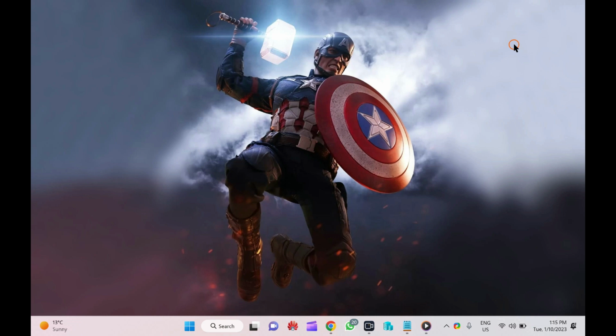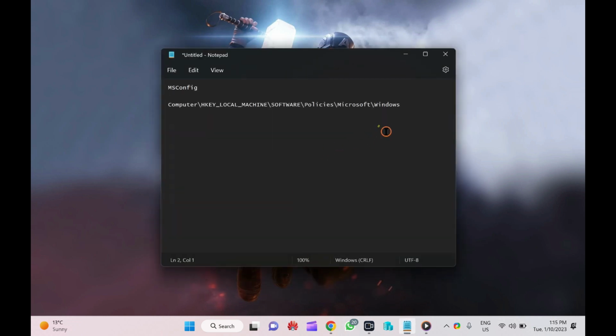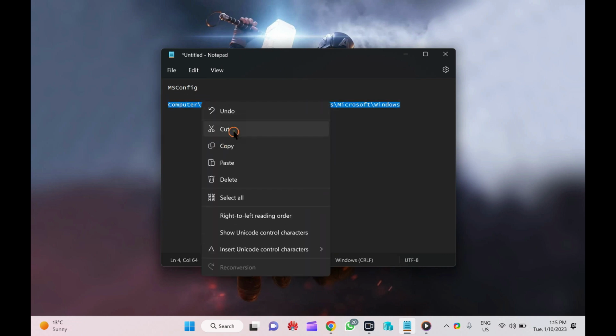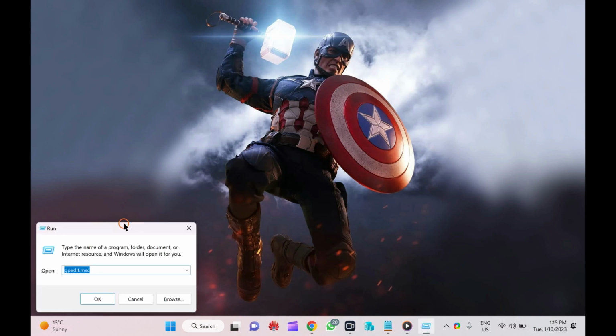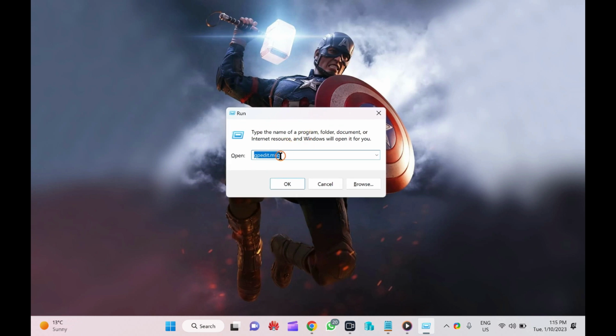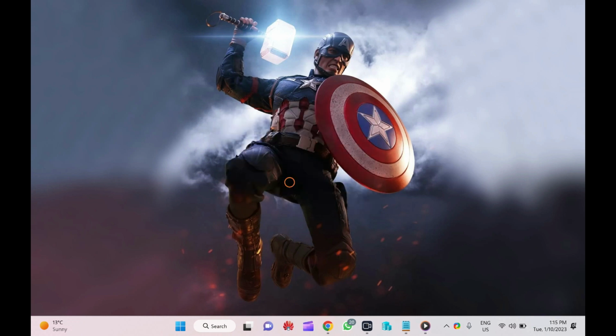The final one is the Registry Editor method. For that you need to open Registry Editor. Press Windows plus R keys on the keyboard to open the Run dialog box and type regedit, then click OK.